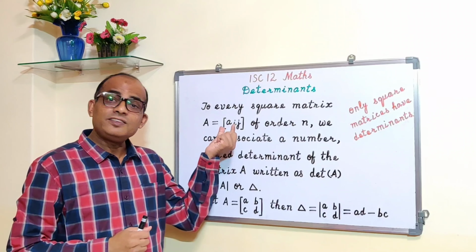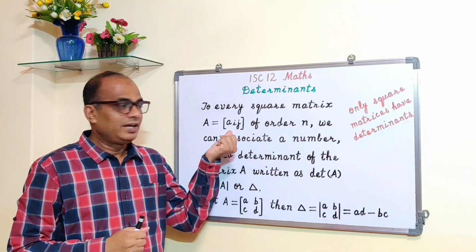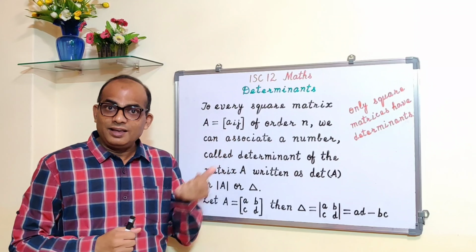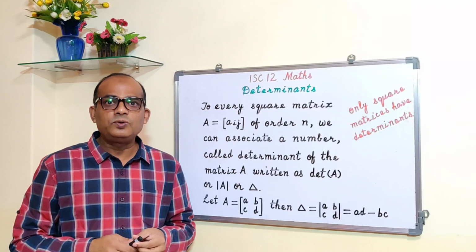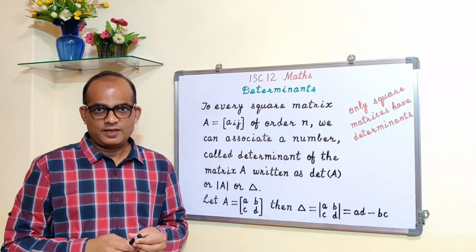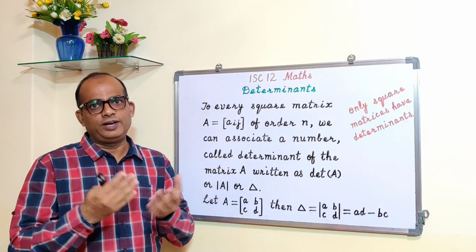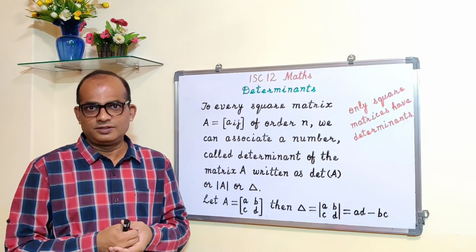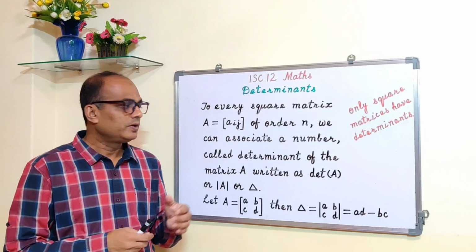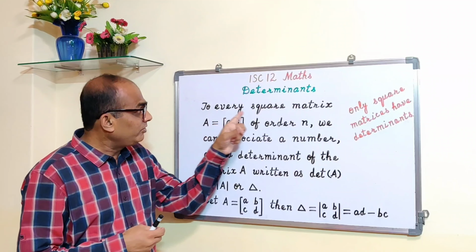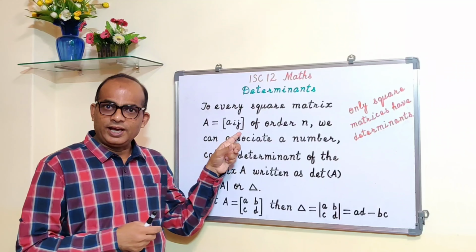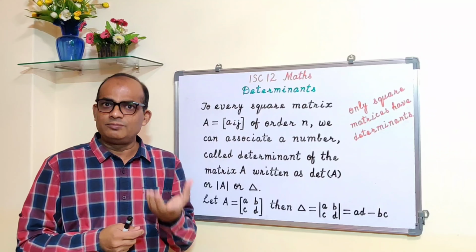This is the general element, Aij. Aij is the element in the ith row and jth column. For different values of i and j, you can get different elements of the matrix. Alright. So to every square matrix A is equal to [Aij], where Aij is the element in the ith row